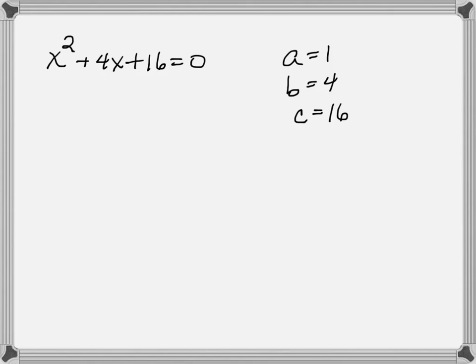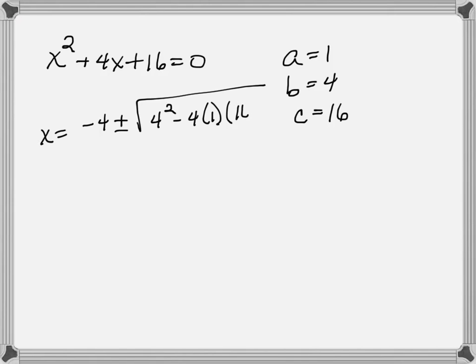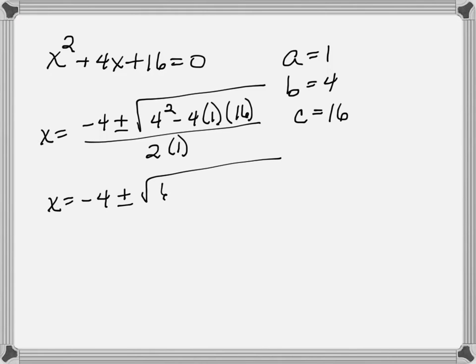All right, so x equals negative 4 plus or minus the square root of 4 squared minus 4 times 1 times 16, all over 2 times 1. Okay, x equals negative 4 plus or minus the square root of 16 minus 4 times 16,